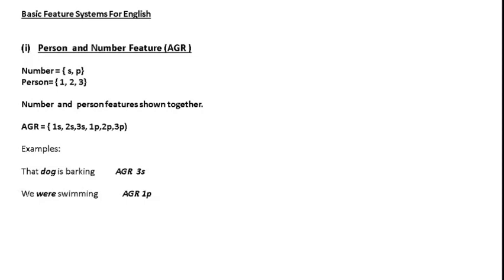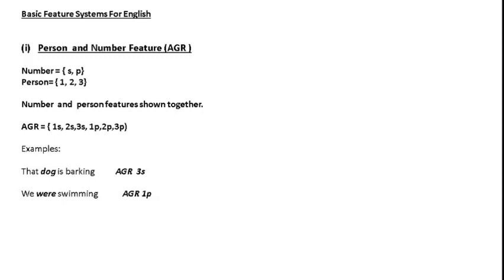or third person. First person means the speaker is quoting himself and talking about something. Second person means the speaker is talking about the listener, and might be talking about himself as well. And third person means the speaker is not at all talking about himself or the listener. So those are persons with respect to English grammar. Then the number feature we have already seen, like singular and plural.